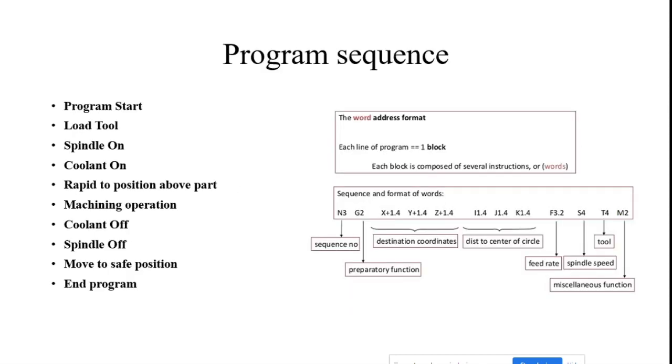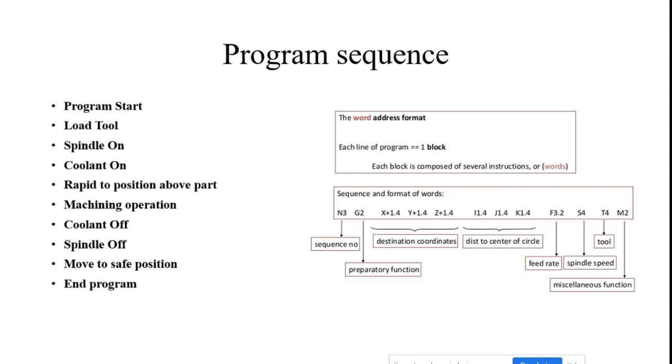And then the program sequence. Now you are aware of what G codes and M codes are available in part programming, and which code I place for which operation. You should also be aware of the program sequence, how I write one block. The program sequence always follows with the first steps: you are aware of how I start the program, and then how I load the tool with the tool holder.